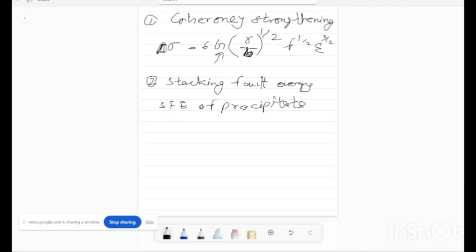So the stacking fault energy of precipitate will also differ from the matrix. So due to the difference in stacking fault energy, the increase in stress or strength of the alloy is written as C gamma